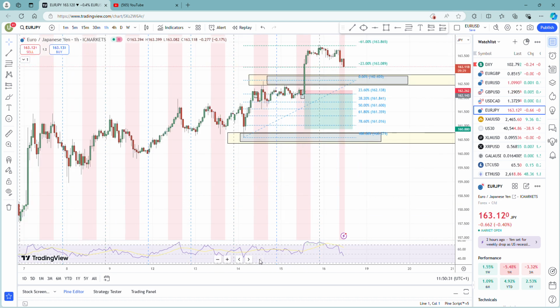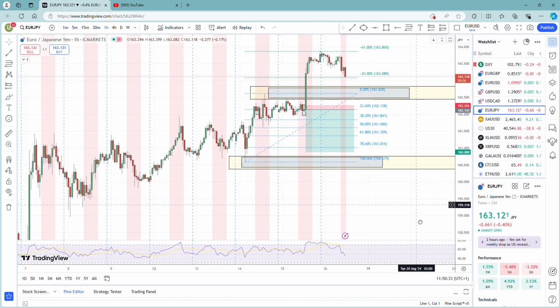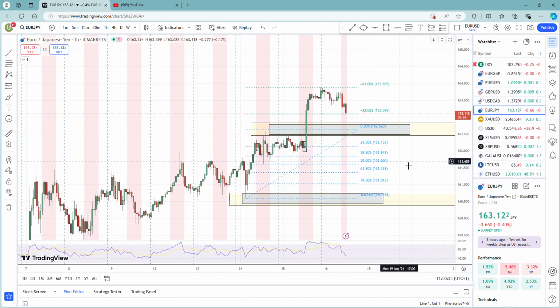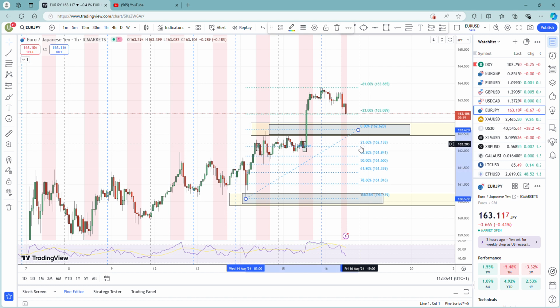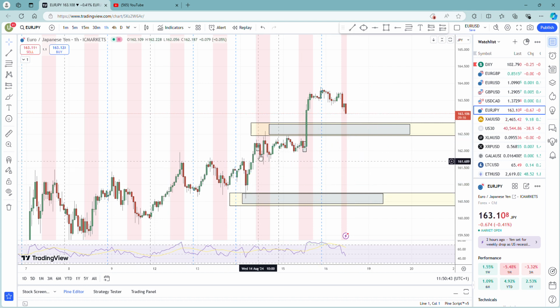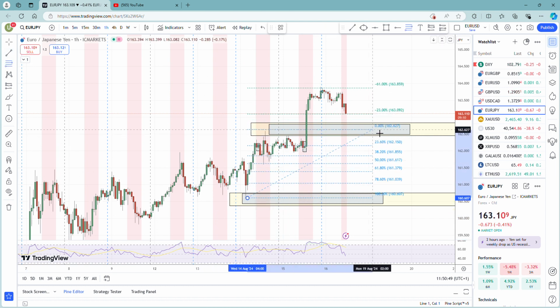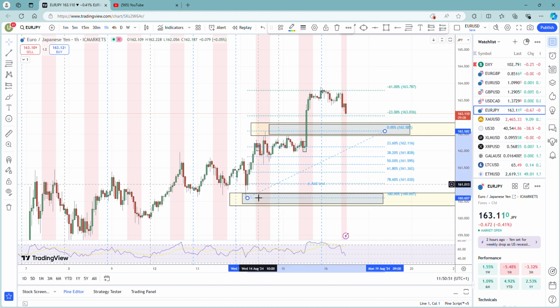If we go to the H1, you'll see exactly how it works. That was a sell trade I took yesterday. It didn't work out. So how did I use this Fibonacci tool? So this is Thursday. If we look at Wednesday, the low of the day to the high,